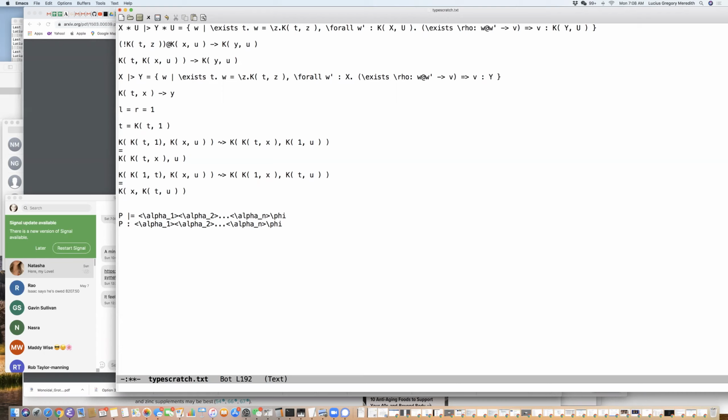there's one branch of execution along which P goes by some action in alpha, say call it A1. And remember, these alphas are namespaces. P goes by A1 to some, let's call this P1. But remember, there might be multiple branches, like there might be lots of actions that P does, but there's at least one that lives inside alpha. And then that will peel off the first of these, and then we would have to have that P1 satisfies this one,